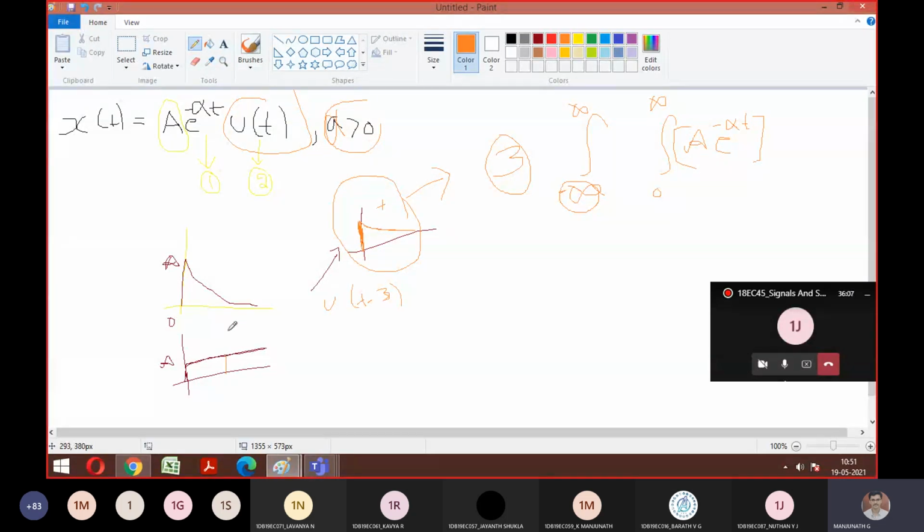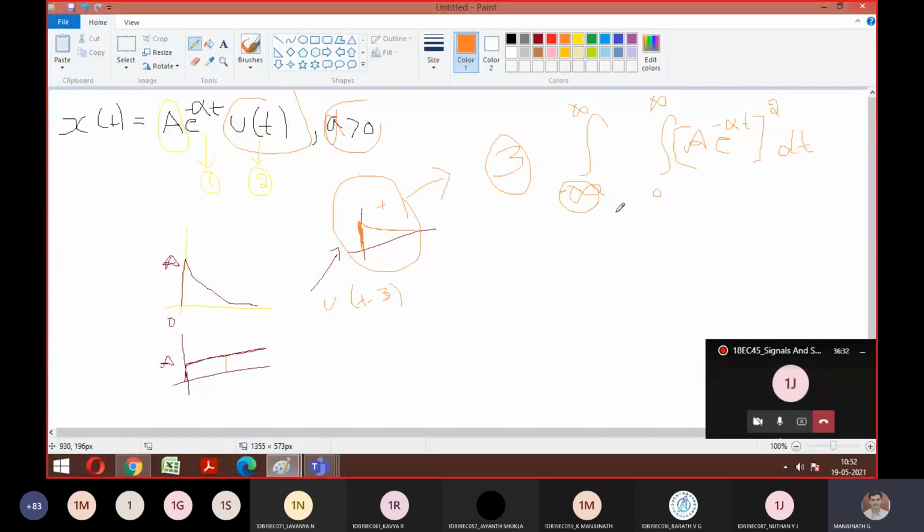Integrate this and tell me what is the answer you're going to get. So it is going to be a square into e power minus 2 alpha t. So what is a square in that? Is it a constant? So after multiplying the square inside this, I will take a square out. So a square as a constant came out. So for the left out part, integrate and tell me what is the answer. 0 to infinity e to the power of minus 2 alpha t.